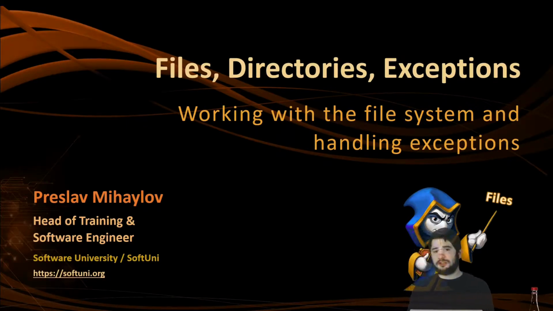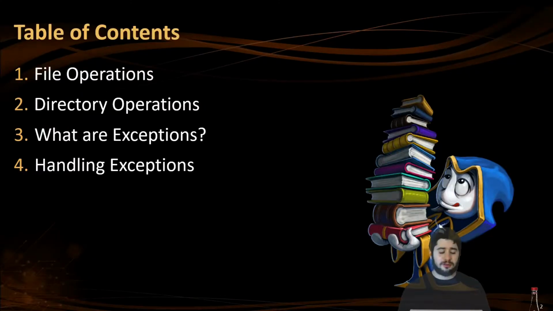Today we're going to talk about files, directories, and exceptions. We'll see how to work with the file system and how to handle exceptions in basic terms. First we'll cover what file operations are, how we can write and read into a file. Then we'll see how we can work with directories. Afterwards, we'll learn what exceptions are, and finally we'll see how to handle exceptions